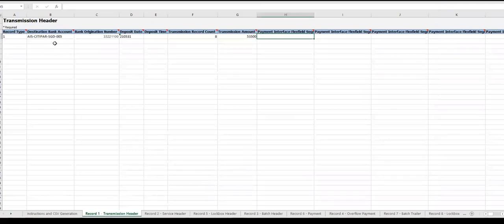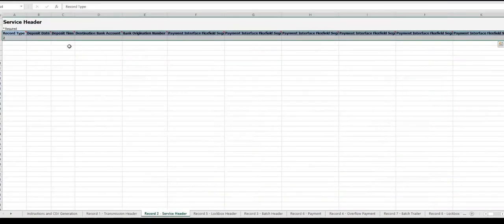No more data is required. So the record one, the first sheet, is complete. These are the minimum data we need to enter. My idea is just to show, in this demonstration, a simple AutoLockbox flow. So I'm not using many complex additional fields. I'm using just the bare minimum fields which are required for the successful load of the AutoLockbox.